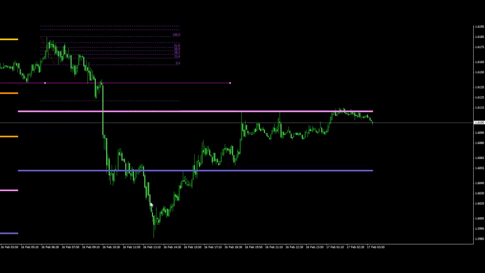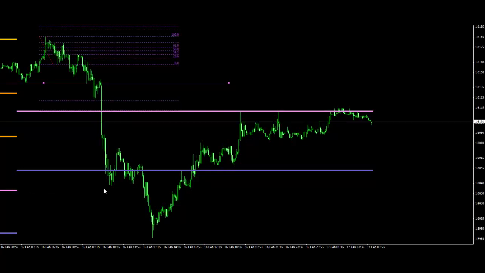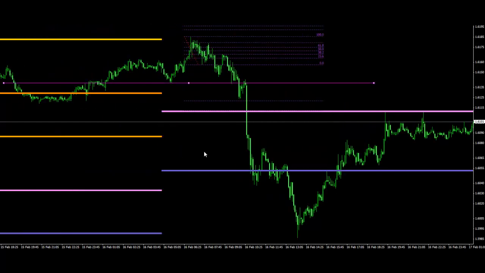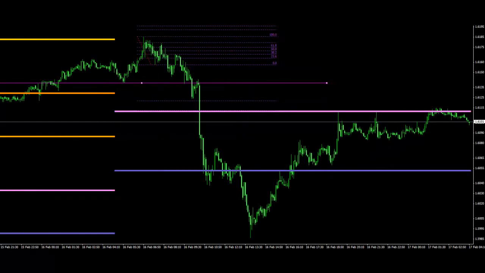This level in here is what I used for my exit, using the previous day's central pivot, and I did not catch anything in here, but again, I am short here with a scalp for hopefully a couple pips. But that's what we had for last night for the cable, and